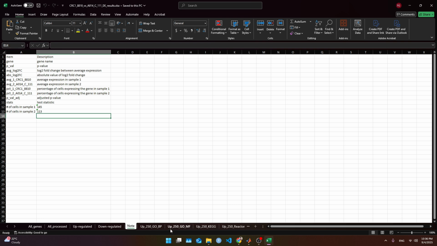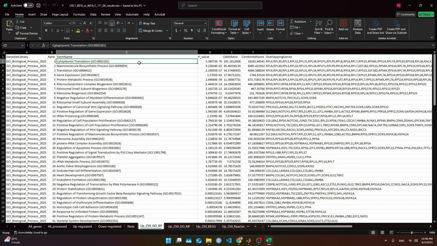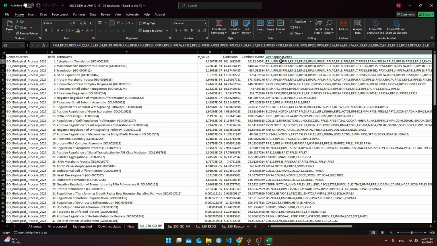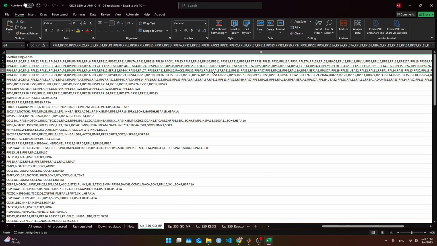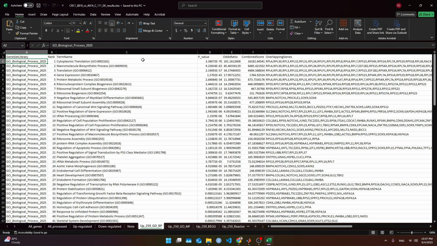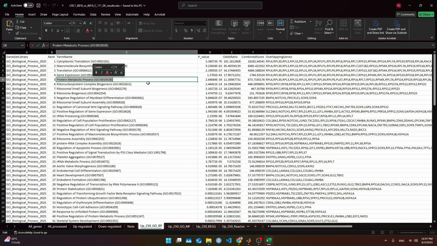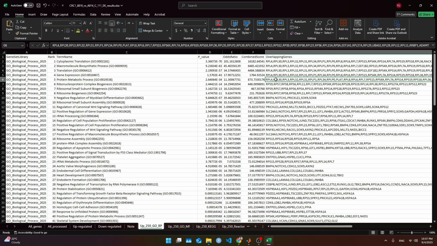For example, I can go to GOBP. That's one of my favorite databases. And you can see that this one has a lot of genes. God, it's a lot. So that might mean something, and crucially something here. And then our job now is to try to link these pathways and these genes to the already published papers somebody else has done, and see if there is some reasoning behind the fibroblast disruption within cancer